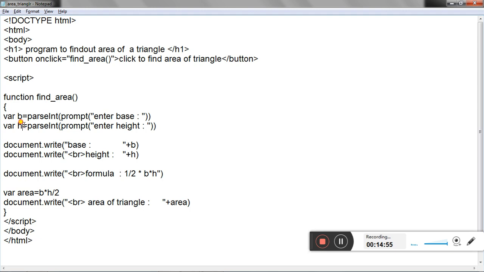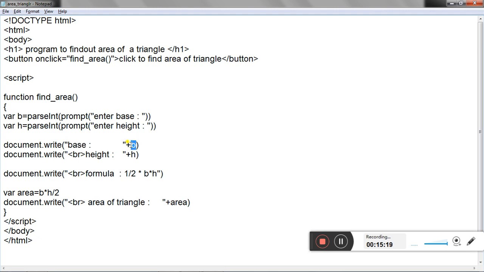Same for the height, that is for h: it will ask the user to enter the value of height, convert that value into an integer value, and then save the converted value in variable h. Then with document.write we are going to display the base value: base plus b.